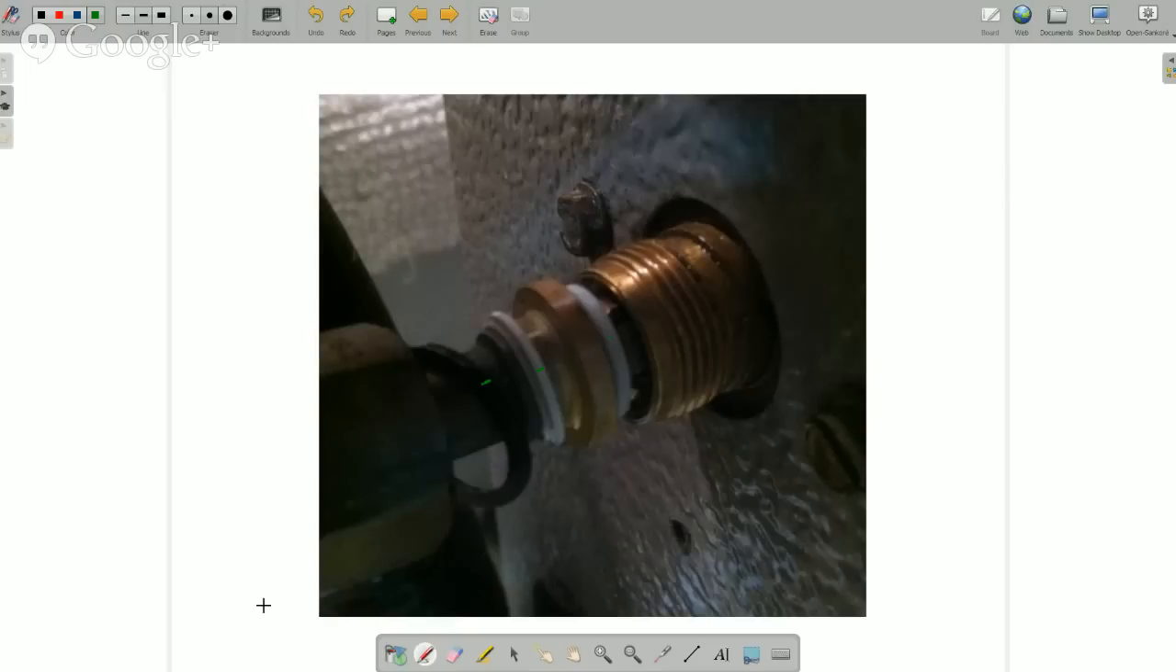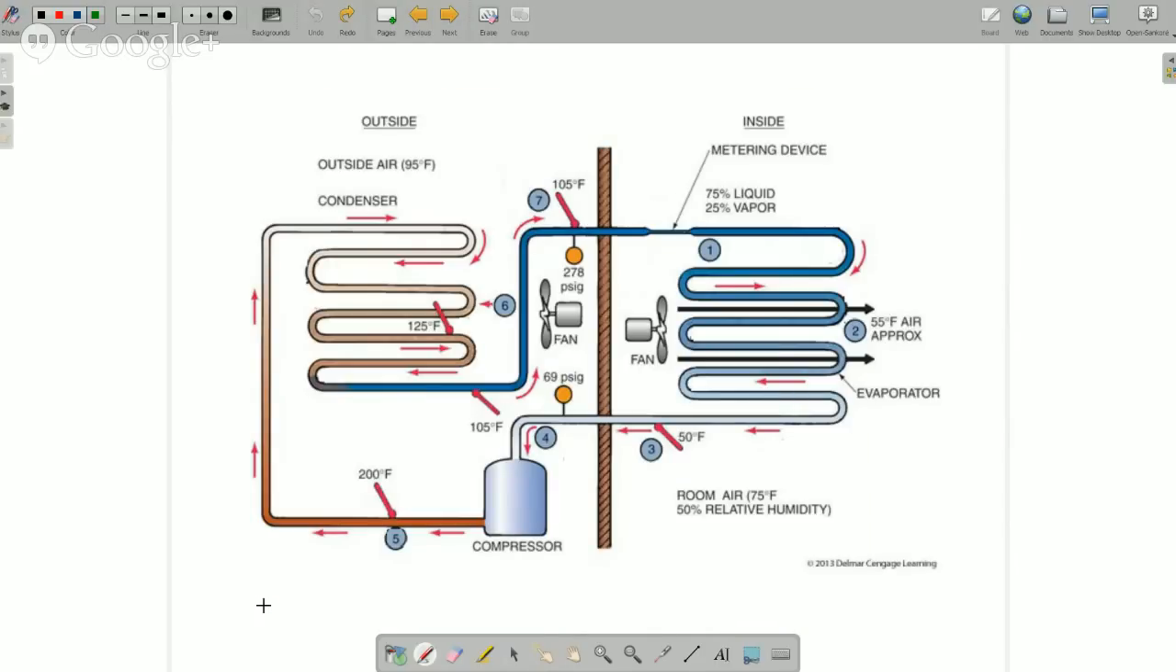So you always find that kind of stuff that's just not covered in textbooks when you're out there in the field. Okay, let's take a look at our